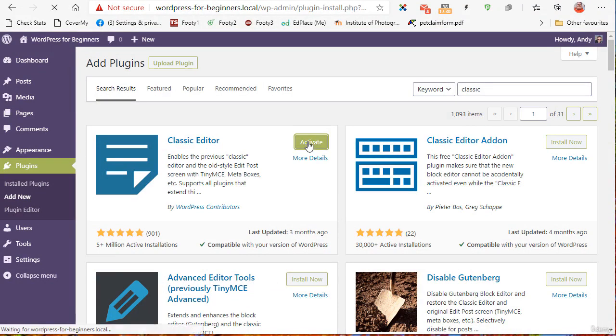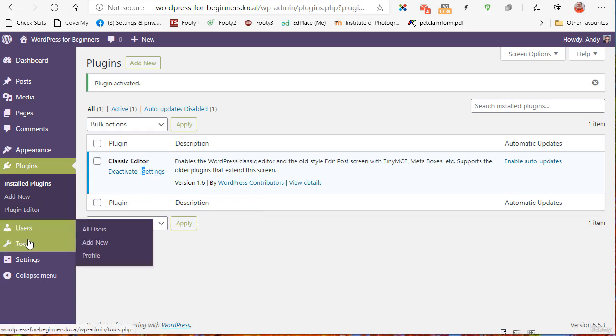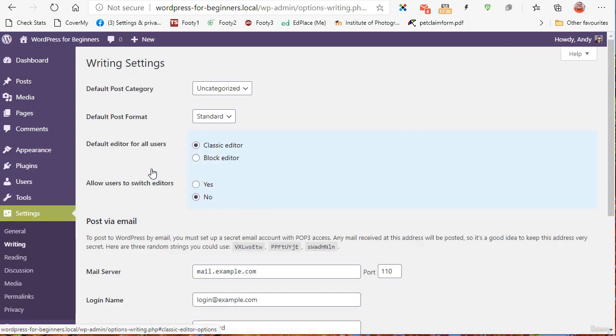Once it's installed, click on the Activate link, and you can see now that inside our installed plugins, that's the menu that we're currently in on the left, we can see that we have one active installed plugin called the Classic Editor. We do need to configure it so that it works instead of Gutenberg, and you can do that by going to the settings. You can access the settings from the plugins screen. You can see there's a little settings link there, and if you click on that, it will take you to